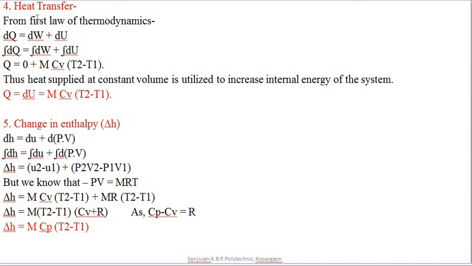Now from the first law of thermodynamics, which is applied to closed cyclic processes and to non-cyclic processes, dQ is equal to dW plus dU. That is, whatever amount of heat is supplied is partially converted into work and partially stored as the internal energy of the system. So the total heat transfer we can find by integrating these terms. Now W is 0 for the constant volume process, and the total change in the internal energy for the process is given by m Cv delta T, that is, the temperature difference.